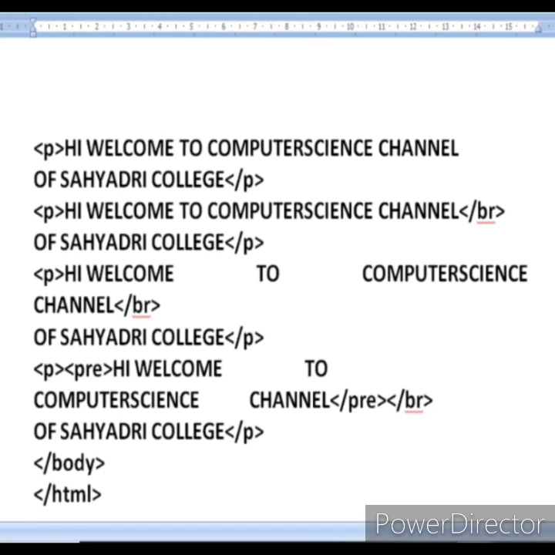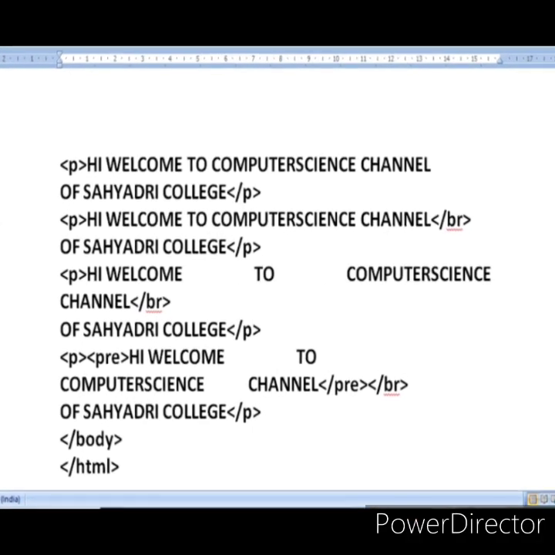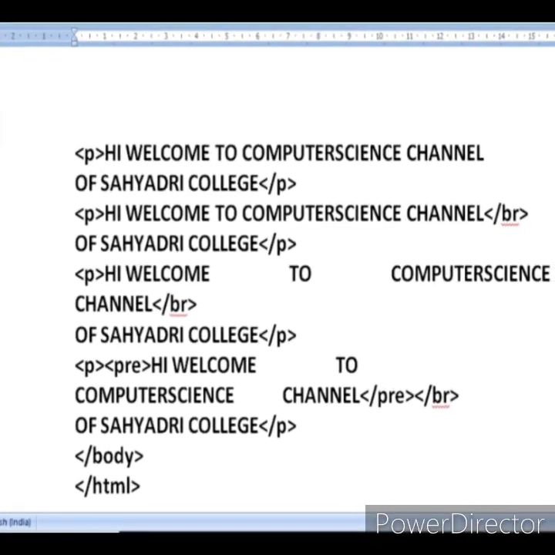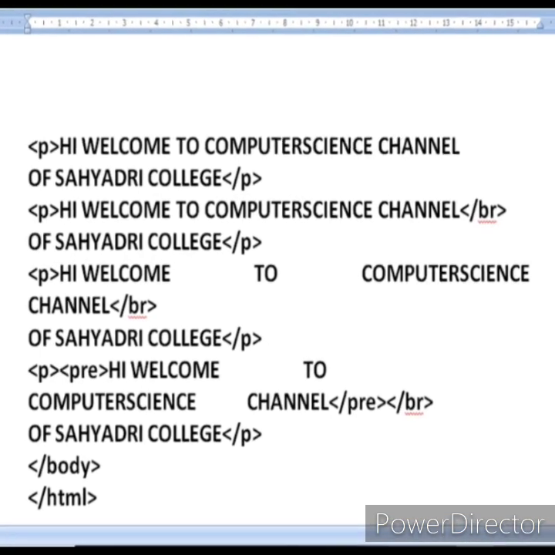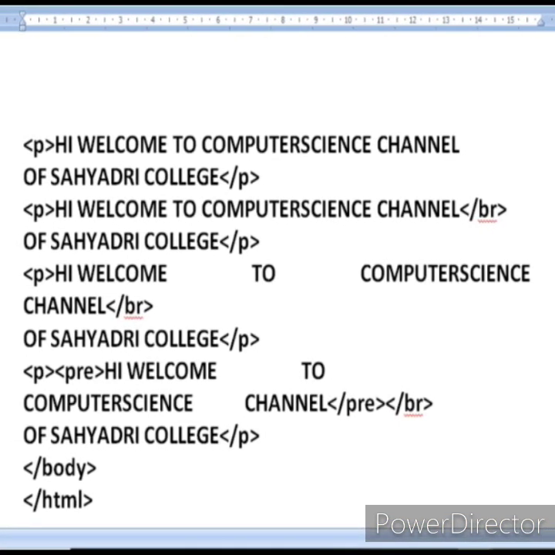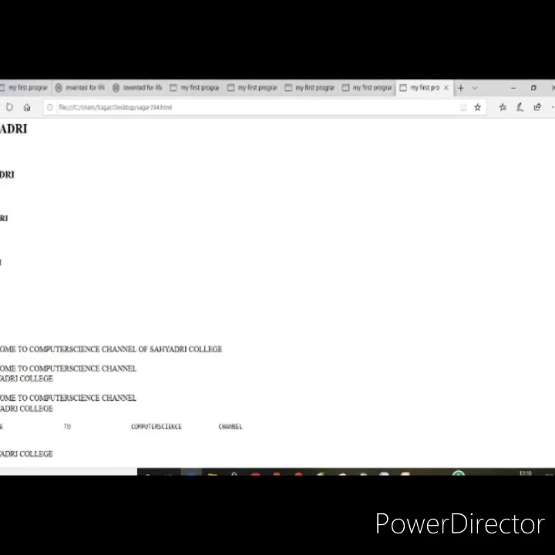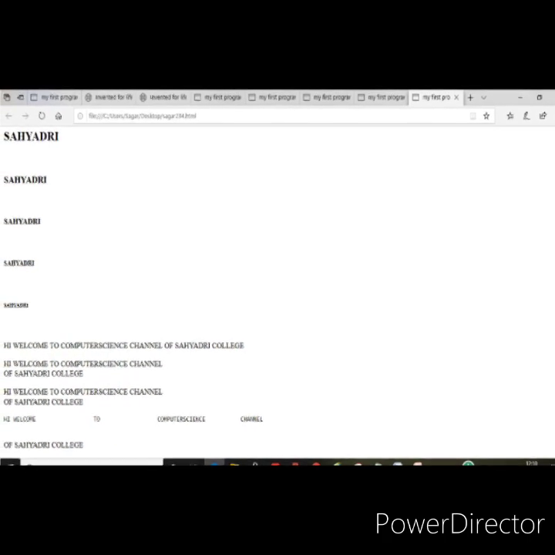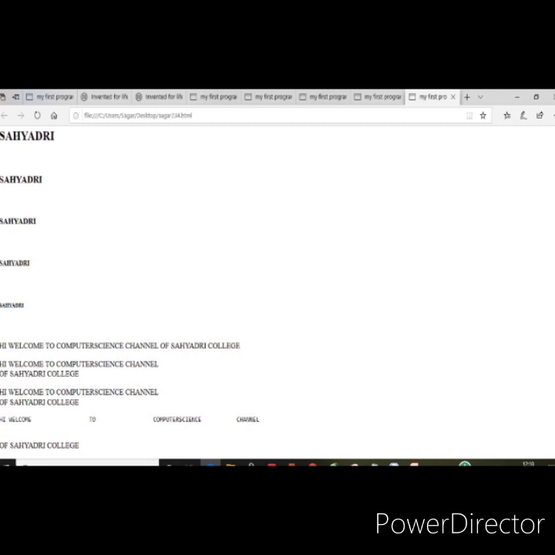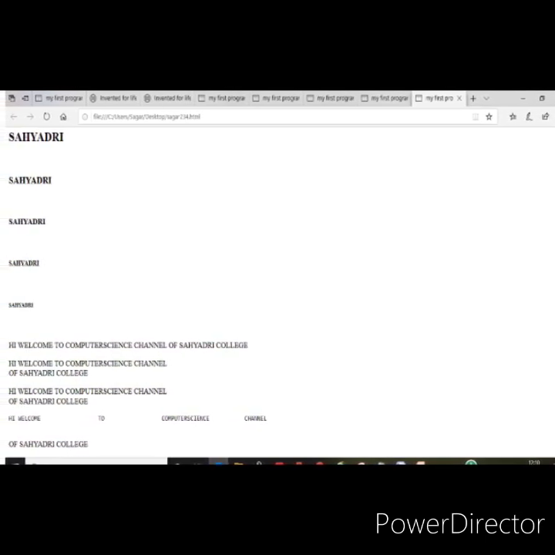If you want to change the spaces, that is, if you want the text to appear at different locations in the paragraph, or else if you want the space to be preserved, how many spaces you have given, if the same space needs to be preserved, then you need to make use of the pre-tag, that is called as the preserving of white spaces. So this is regarding the formatting of the paragraph and resizing of the text.